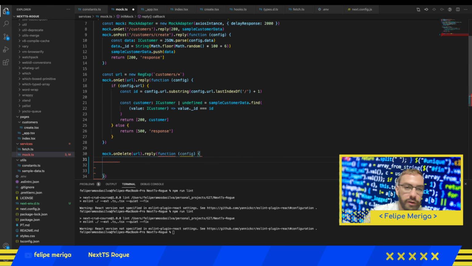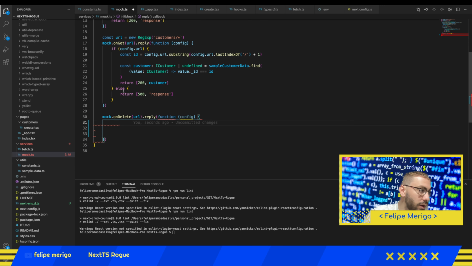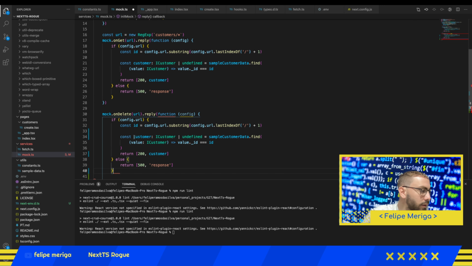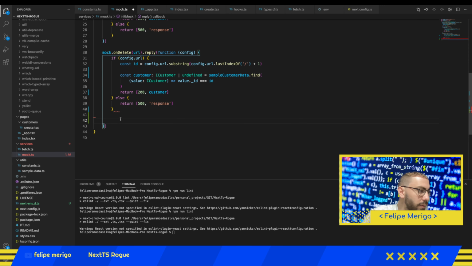So here we are going to do the same thing. You can just grab everything from the last function that we created, the if clause and the else clause, and copy and paste this. And basically the only thing that we are going to change here, because they are quite similar, is this part here, because as we are deleting